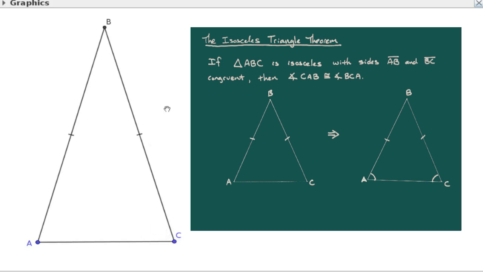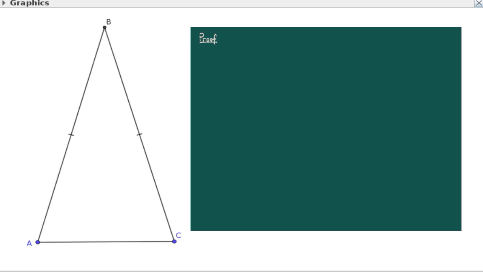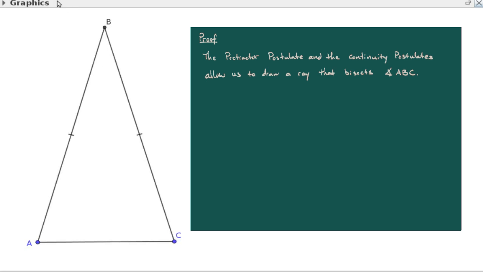Now, how do we go about proving that that's going to be a true statement? Well, here's kind of how it goes. We look at our postulates, and two of them are the protractor postulate and the continuity postulate. What those two postulates enable us to do is to draw a ray here from B down, and what this ray will do is divide this angle, angle ABC, up into two congruent angles